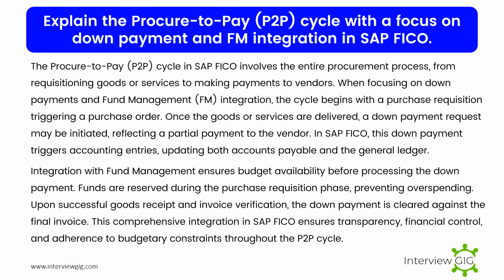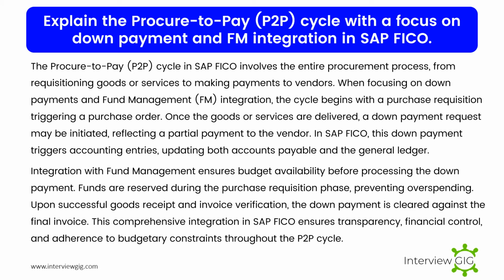Explain the procure-to-pay, P2P, cycle with a focus on down payment and FM integration in SAP FICO. The procure-to-pay, P2P, cycle in SAP FICO involves the entire procurement process, from requisitioning goods or services to making payments to vendors. When focusing on down payments and fund management, FM, integration, the cycle begins with a purchase requisition triggering a purchase order. Once the goods or services are delivered, a down payment request may be initiated, reflecting a partial